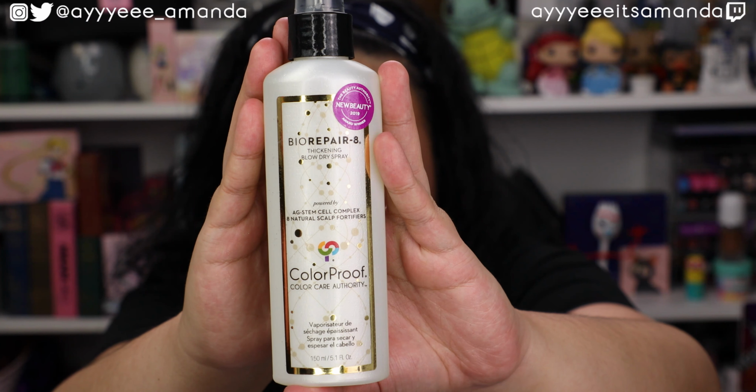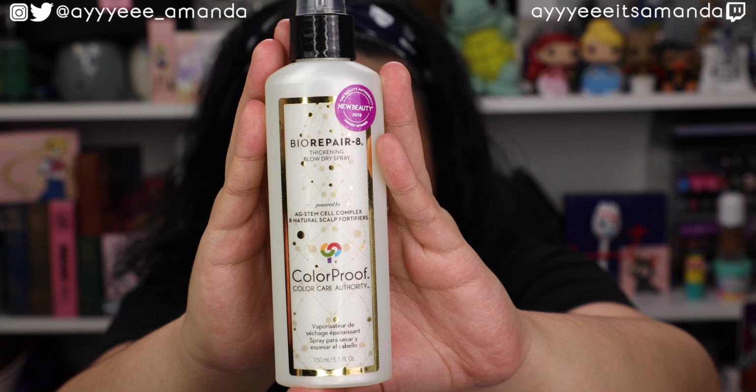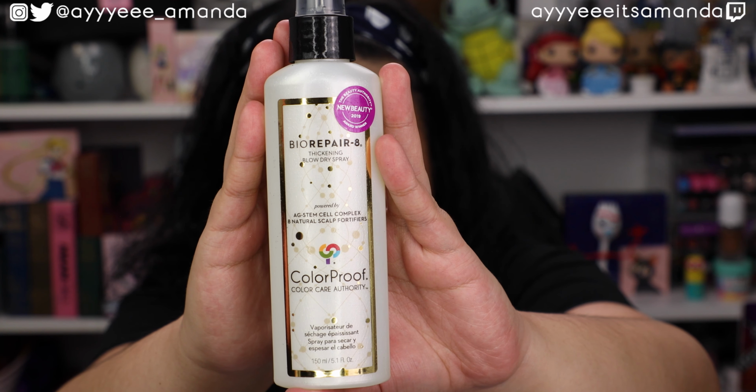I do hate the confetti packaging that the box uses. It leaves a residue on all the products because I notice it on my hands and I'm just like, what is this? Next, by the brand ColorProof, this is the Bio Repair Thickening Blow Dry Spray, and it retails